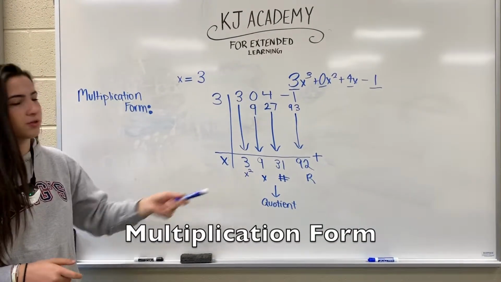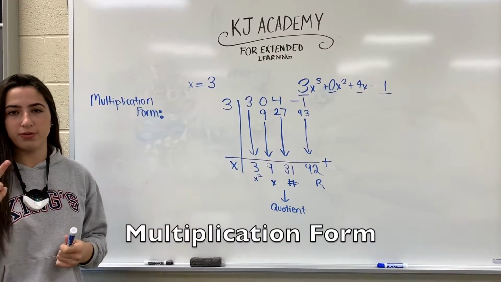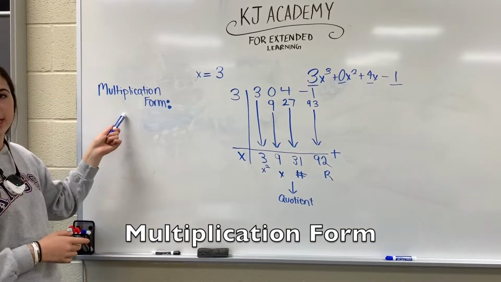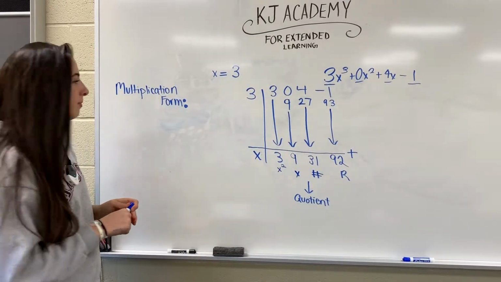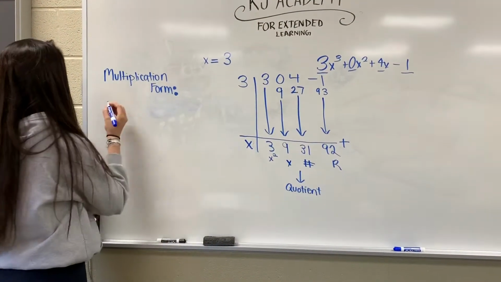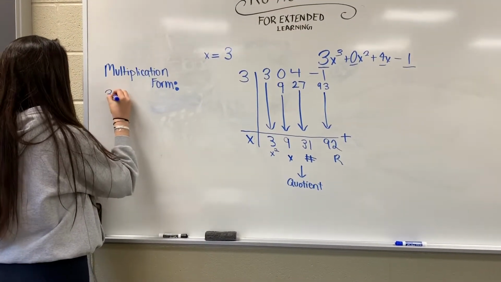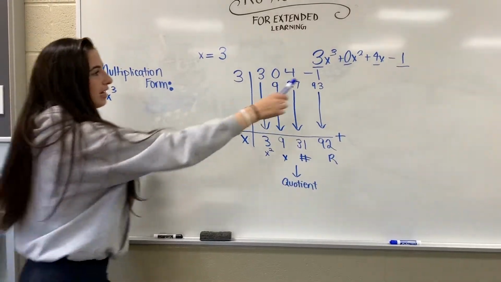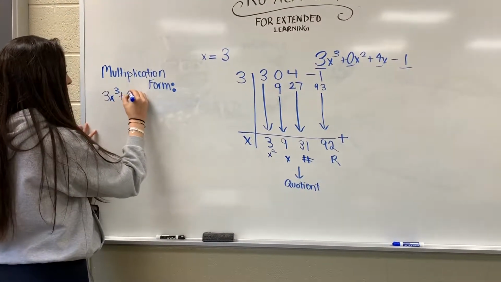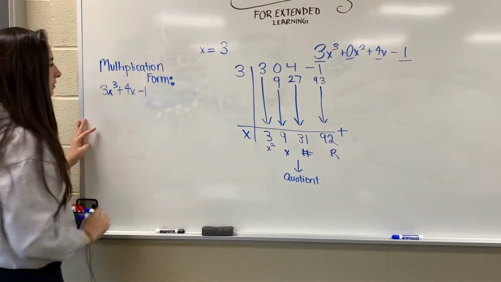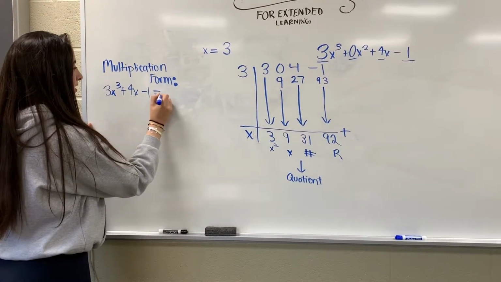Now that you have solved your quotient, you now need to write it in two different ways. You can either write it in multiplication form or quotient form, which I'll show you later. Multiplication form is written by starting with your dividend from the beginning, and you can forget about this 0 when you're writing your answer. So we would just go straight into 4x minus 1, and then you want to put an equal sign, and